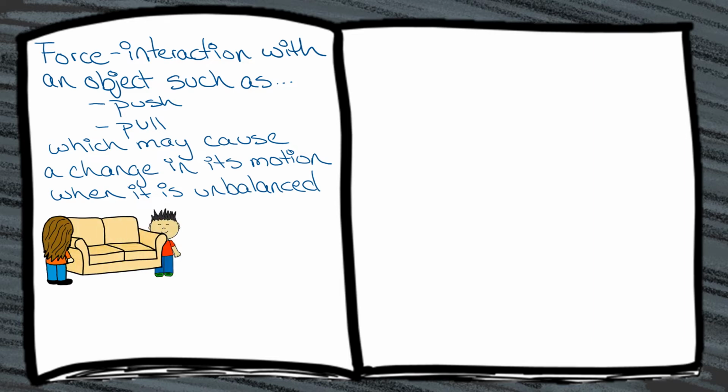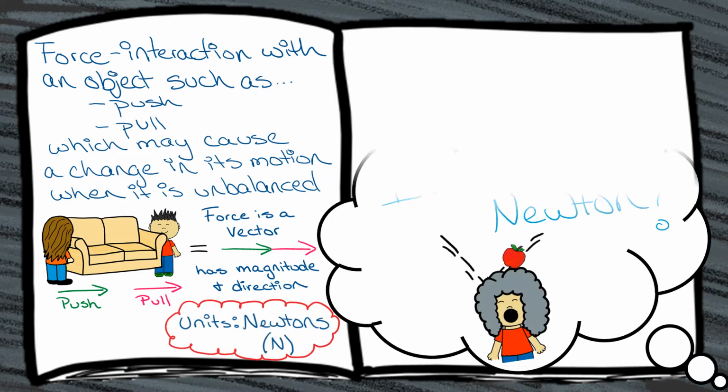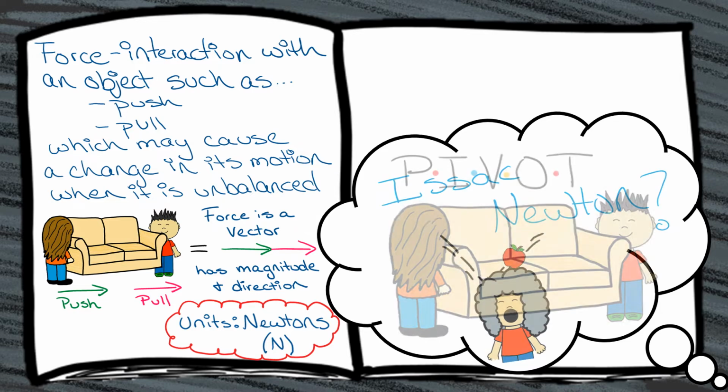Yes, that's right, Alex. Moving a couch would be a great example of both pulling and pushing forces on the object, which in this case is the couch. Notice that these forces have a direction either going against or towards the object to illustrate its interaction, which means that force is a... Yes, you got it, Alex. Force is a vector, meaning it has both magnitude and direction. You need to also remember that physical quantities such as force use units for measurement, and in this case, force uses the unit known as newtons. Yes, Alex, just like that, which further illustrates the big impact Isaac Newton made in physics.